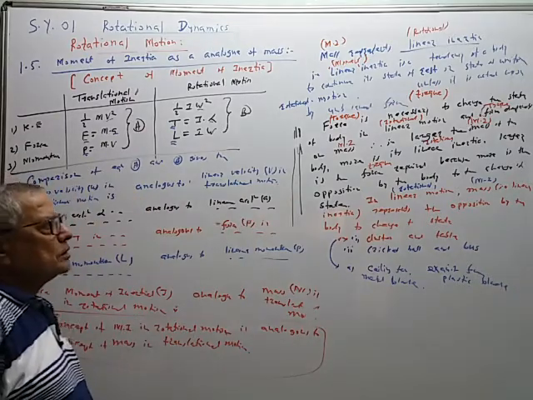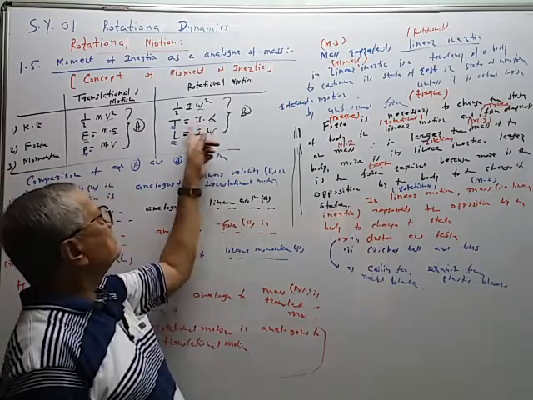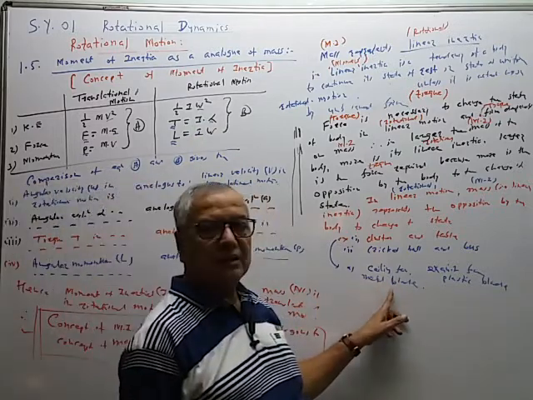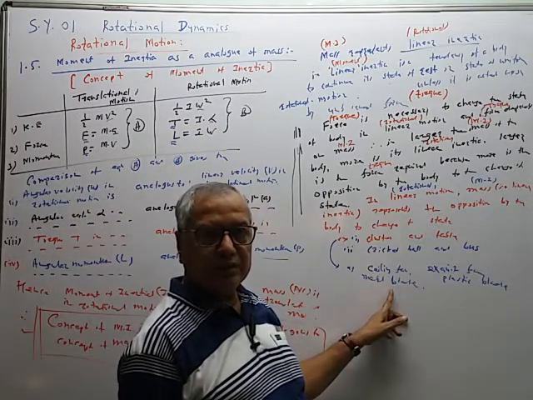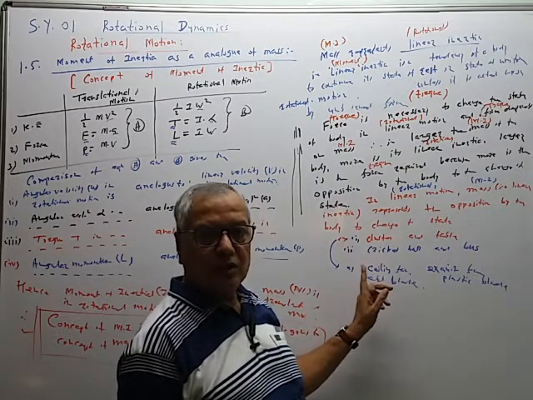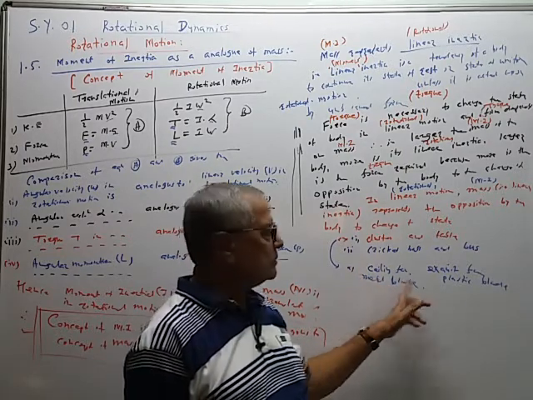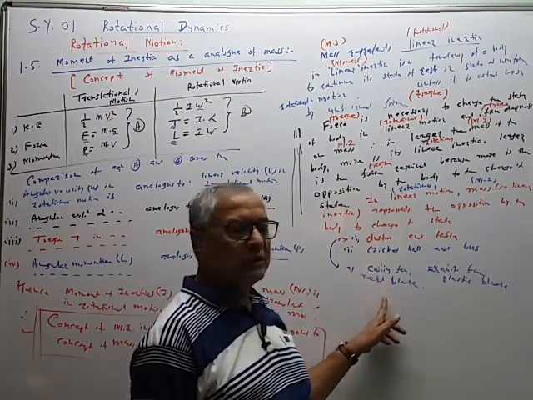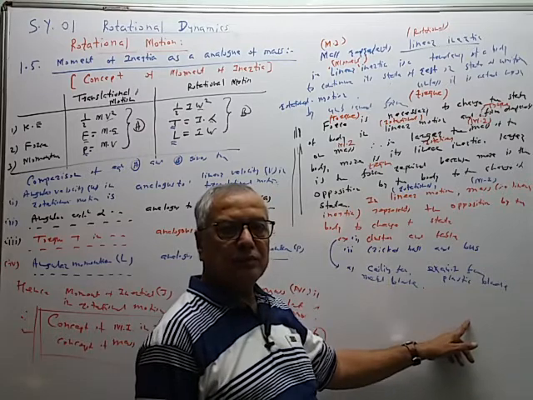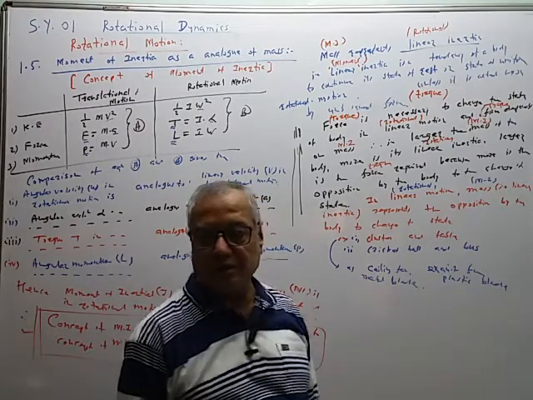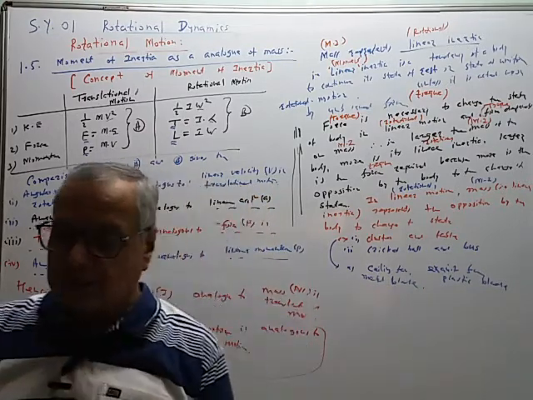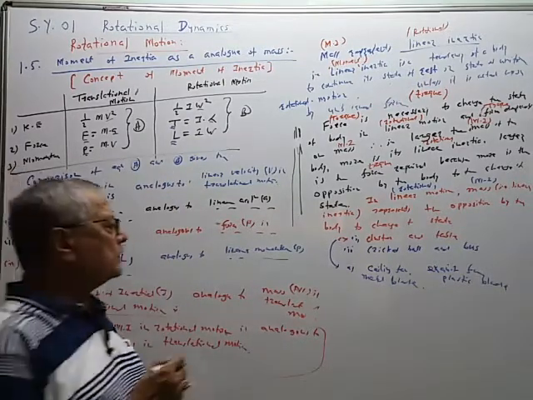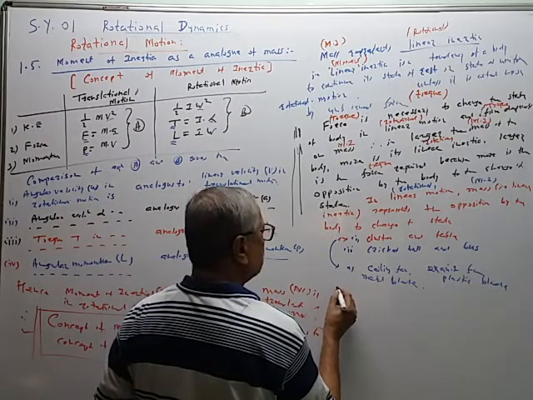Torque depends upon the MI. More is the moment of inertia, more is the torque required. Same example, ceiling fan has metal blade, larger moment of inertia, mass into square of distance. So metal body has more mass than this. Therefore, more mass, more moment of inertia, more torque is required. Smaller mass, smaller moment of inertia, smaller torque is required. Like this. So these are some examples. So what is the difference between mass and moment of inertia? This is the main difference.